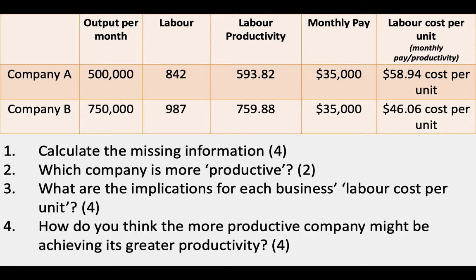But somehow they are getting nearly, well, over 200 units, 230, 240, 230-ish units out of each worker. So they must be doing something better. Maybe that's better capital and it's nothing to do with the workers, but companies are certainly doing something to get more out of each worker. And as a result, they are getting cheaper labor cost per unit. So again, that's going to allow them to enjoy higher profit margins or undercut company A and charge a cheaper